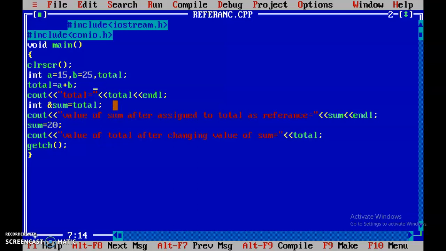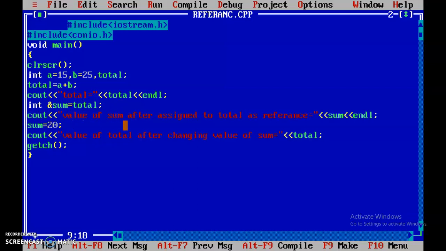After that we have written one line: int &sum = total. That means here sum is an alias name for the variable total. Now whenever we try to display the value of either of these variables, it will display the same for both.